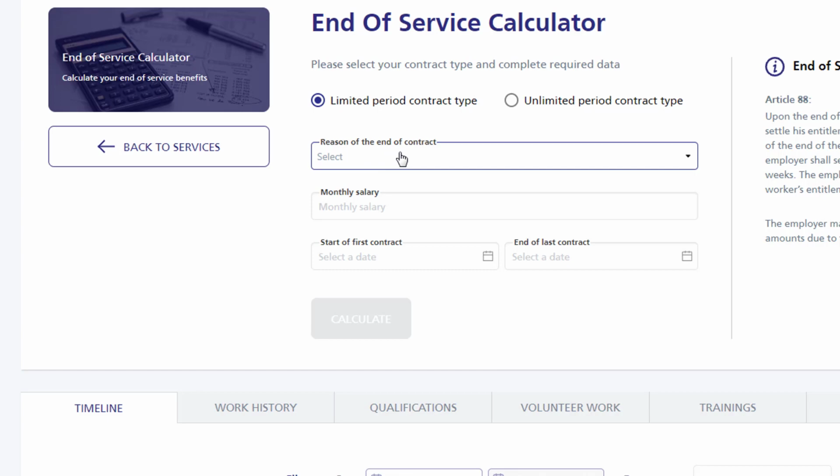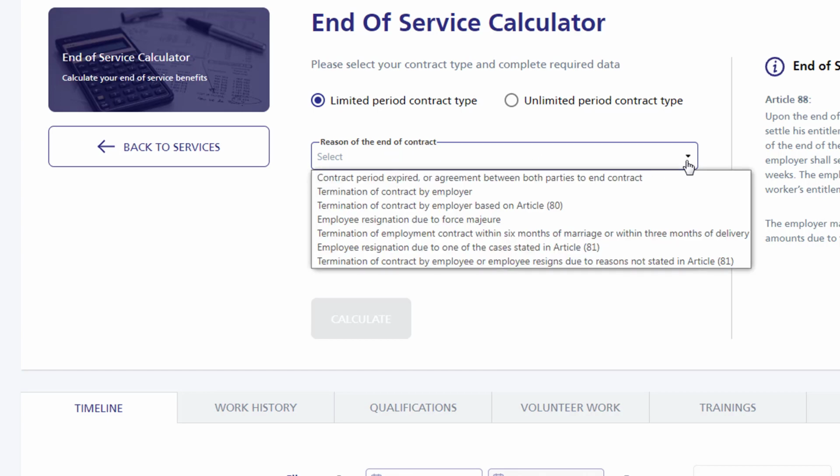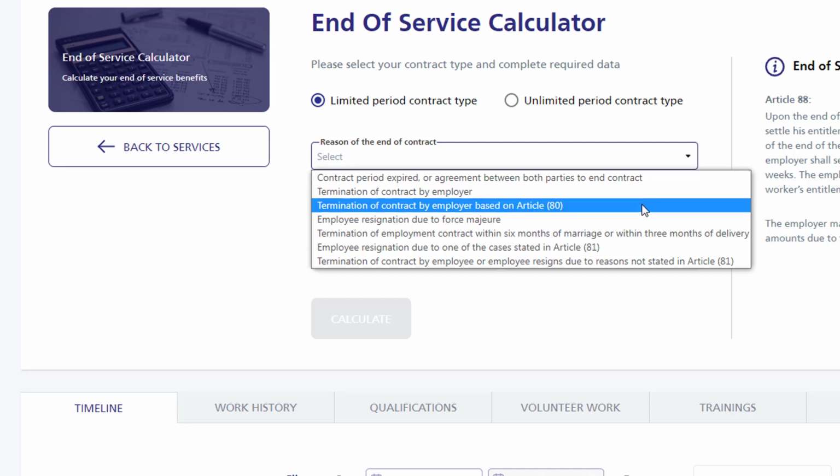Let's suppose, for example, I selected limited period. Then you need to choose your reason for the contract termination or contract end. There are many options, so you can read them one by one and choose what is relevant.